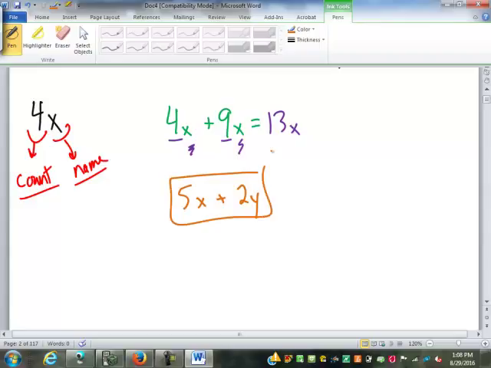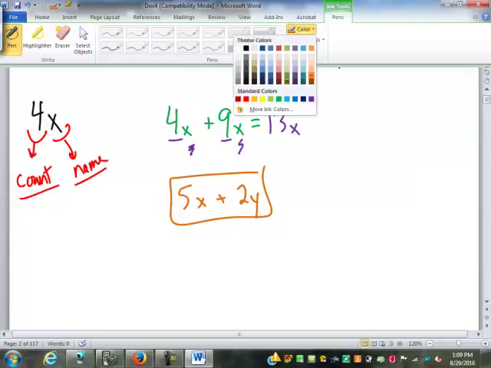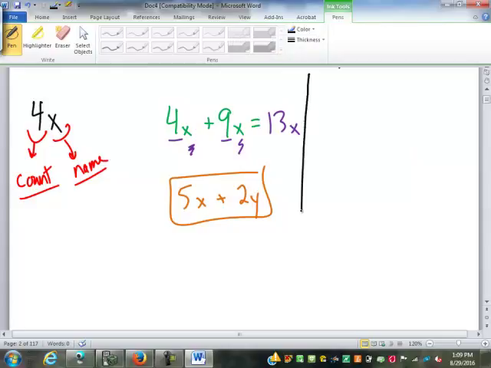It's 5x and 2y, exactly. Just like when we had 8 feet and 2 plus 2 pounds, we could not combine those because they had different names. 5x and 2y have different names. We cannot combine those with addition. However, just like with our feet and pounds,